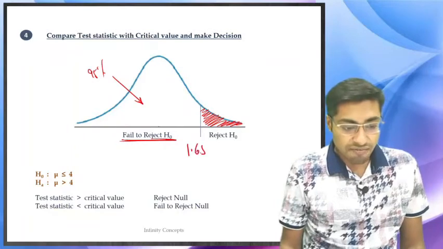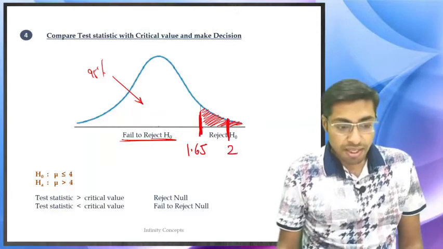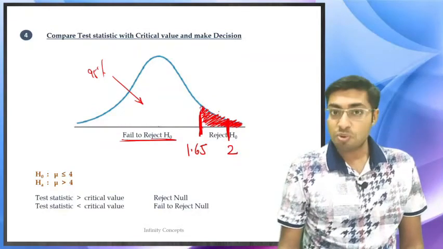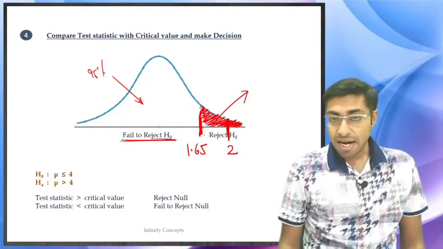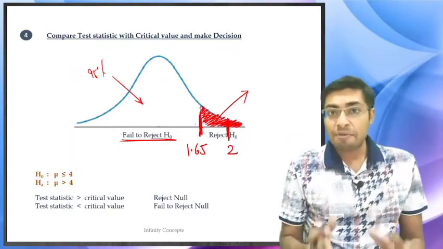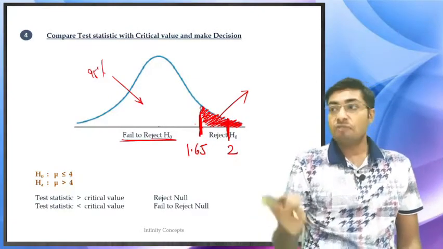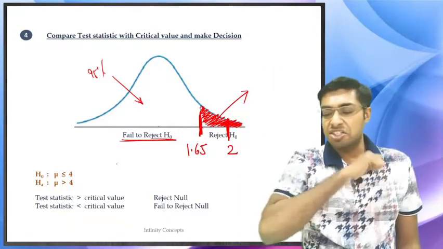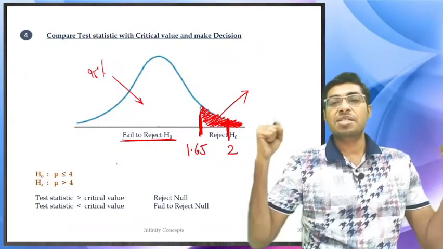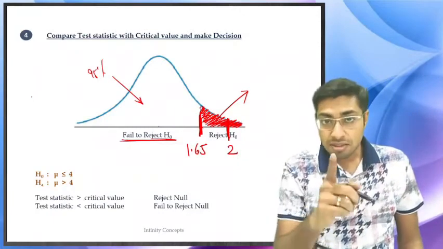So 1.65 is your critical value over here. You have got something which is 2 and that falls under this particular area, which means we reject the null hypothesis. 2 is falling over here on the right, rejecting the null hypothesis. You are very happy when you reject the null hypothesis, because the null hypothesis was something which was opposite of the statement that you have made. So when you reject the null hypothesis, you are very happy, and then you proclaim to the world that with 95% confidence, I can say that the statement that I have made is statistically correct as well. This is what you are saying.